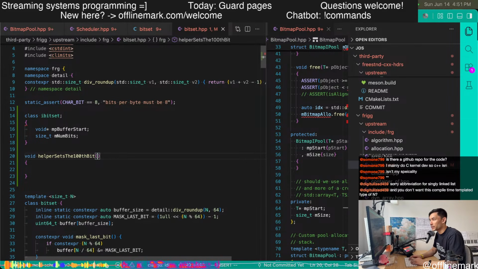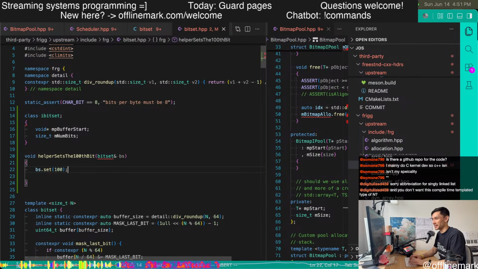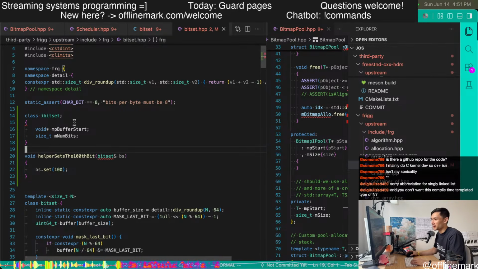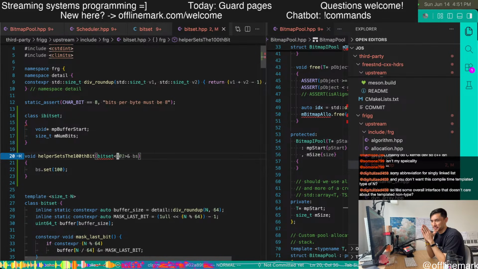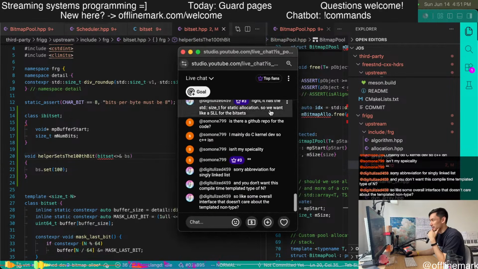What do we type here? We would love to just type bit set, but we cannot do that because bit set requires you to pass a number there. Some overall interface that doesn't care about the templated non-type.